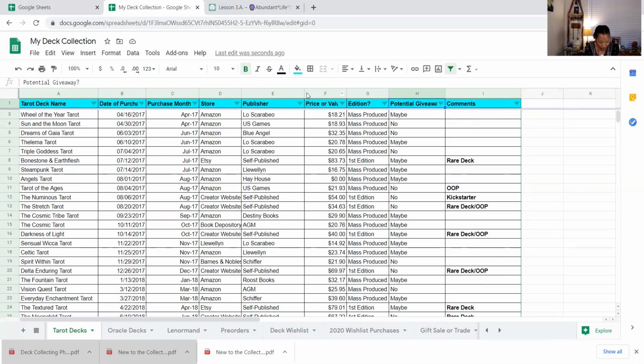So also another benefit to why we would keep a deck wish list is it allows us to analyze the decks we are drawn to and why. Okay. And obviously, I'm an analyst by trade, and I love analyzing things, and I love looking at data over time.